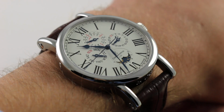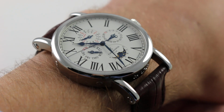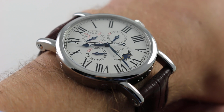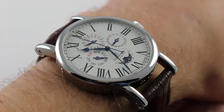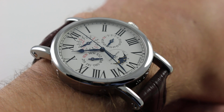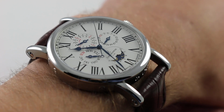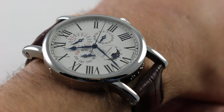Now, Chronoswiss is a brand that has always been a watch nerd's brand, created for watch nerds by watch nerds, or I should say watch nerd, as G.R. Lang, the founder of the company in 1983, always built watches principally in Germany, but in tribute to his favorite Swiss references and Swiss traditions. And so the watch, although a contemporary timepiece, features baroque, vintage-inspired design cues, but it does wear well, and at